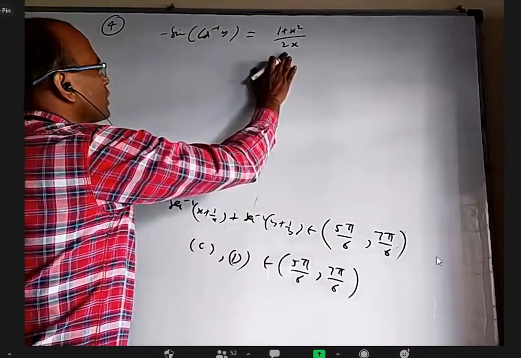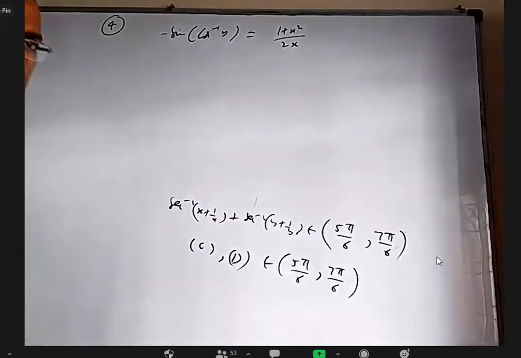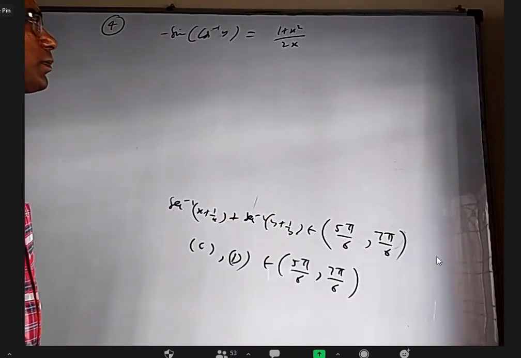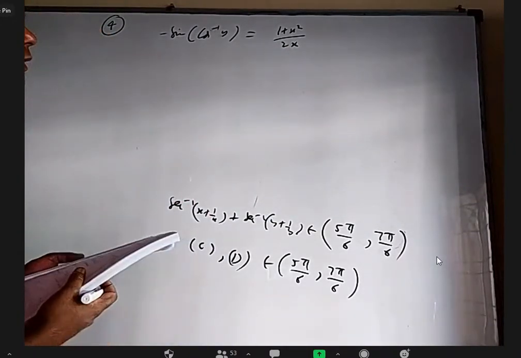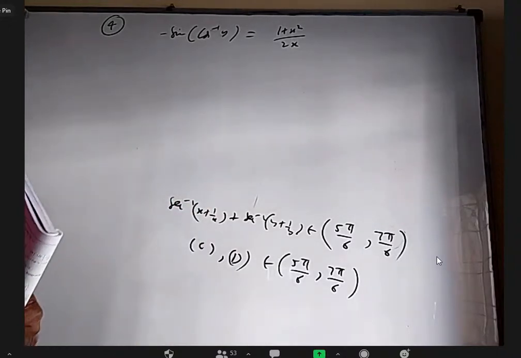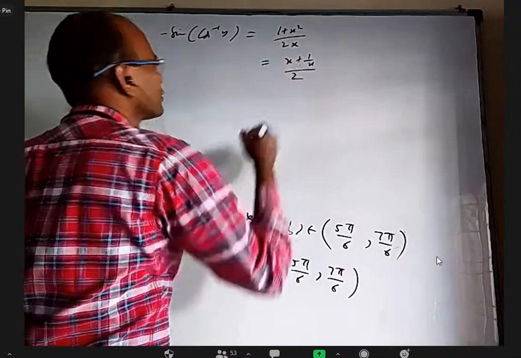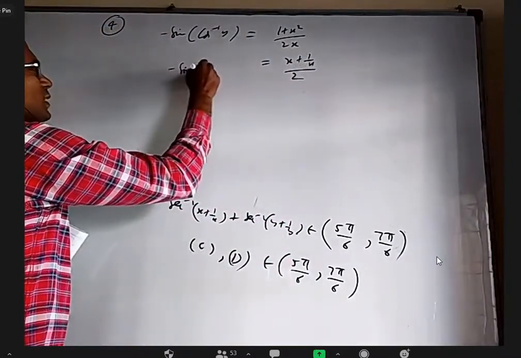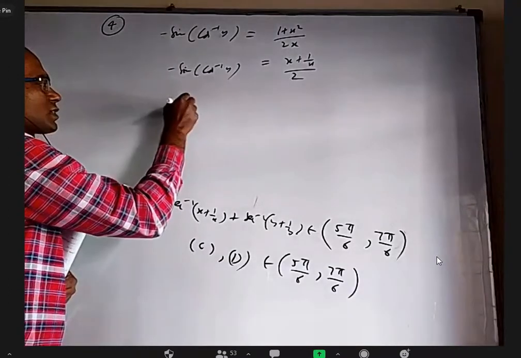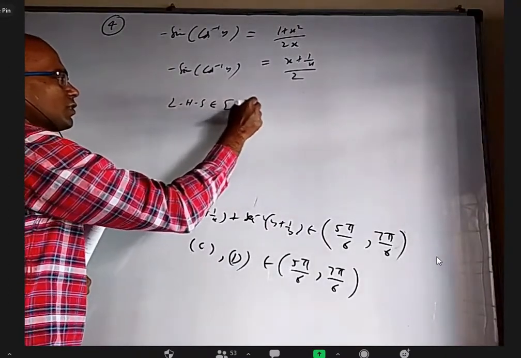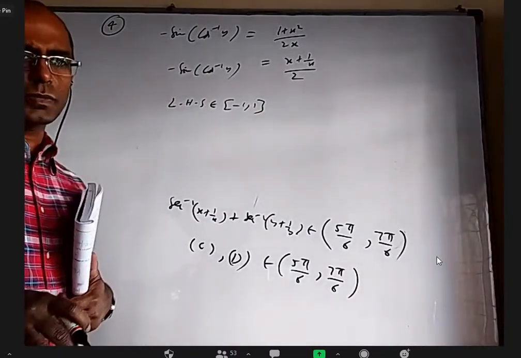Okay, this one, sine of something is always between minus 1 to 1. This also, is it always between minus 1 to 1 or outside that? It is more than 1 or less than minus 1 according to the AM-GM inequality. Why? You can write this as x plus 1 by x, by 2. This is a minus sine of cos inverse y. You can easily see LHS belongs to the closed interval minus 1 to 1. In fact, not even between minus 1 to 1.